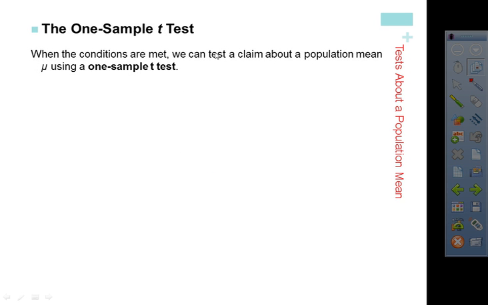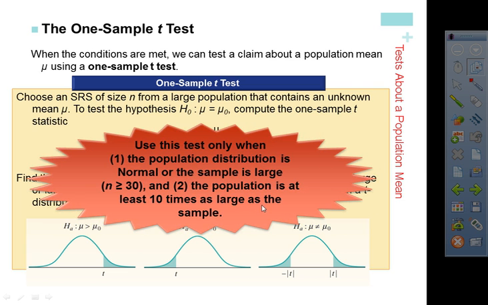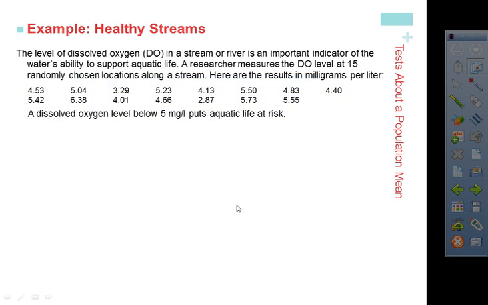When the conditions are met, we can test the claim about a population mean using a one-sample test. Here they are showing you exactly what I went through. Remember, you'd have to double your area under the curve if you have a two-sided test. Use this test only when the population distribution is normal or the sample size is larger than 30 and the population is 10 times the size of its sample. Remember, the conditions have to be met. Alright, so if we look at this example,